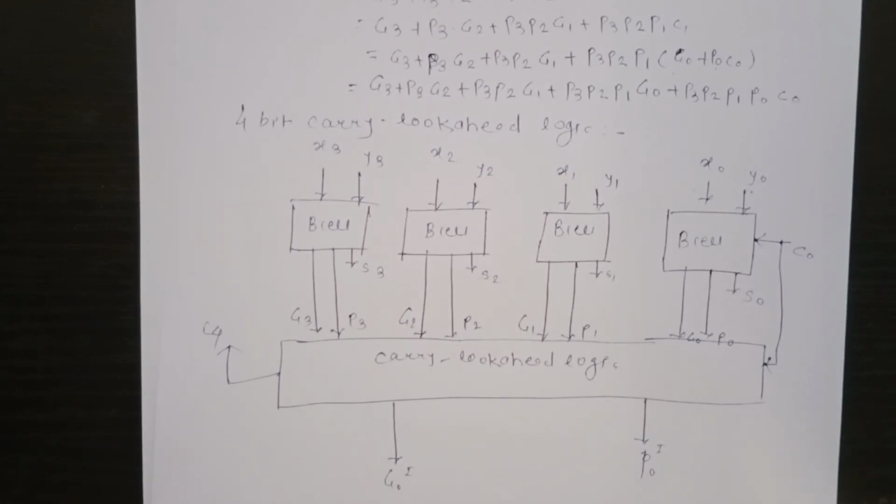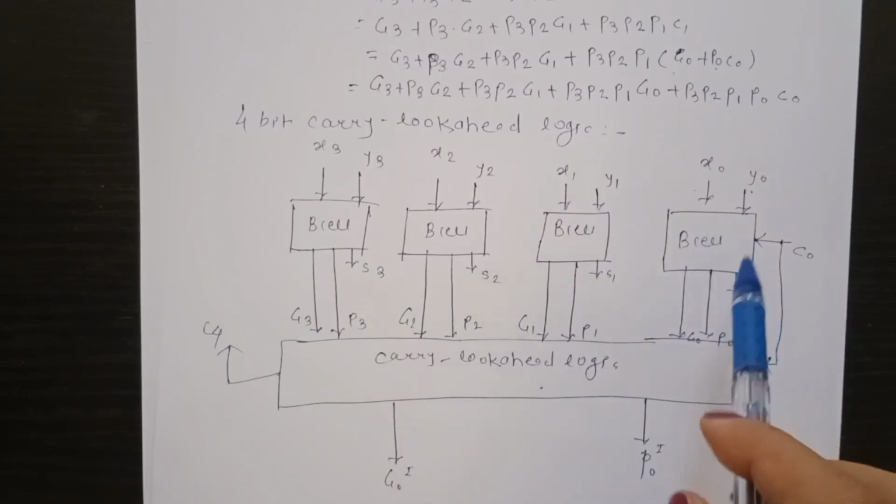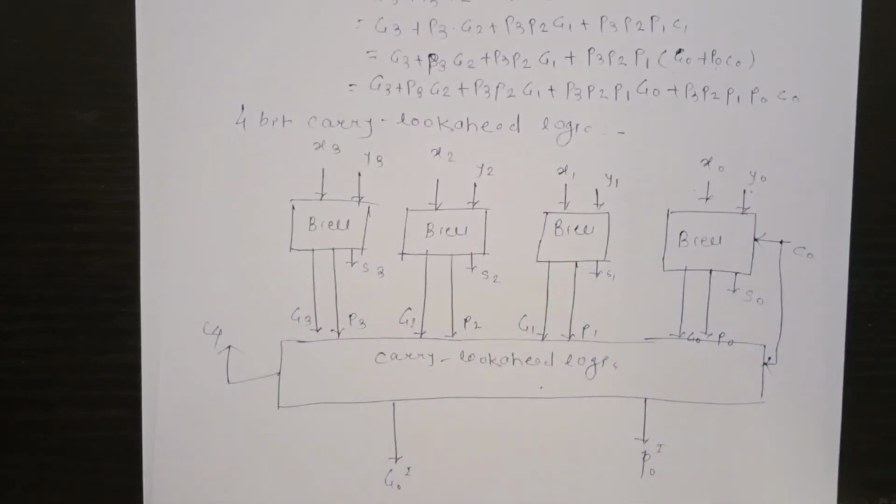So the carries are implemented in the block labeled as carry look ahead logic, and the adder implemented in this form is called a carry look ahead adder. So the delay through these carry bits is 4 gate delays for all these bits because there are 4 gates. So your carry is delayed by 4 gates. So in comparison, a 4-bit ripple carry adder requires 7 gate delays for S3 and 8 gate delays for carry 4. But in look ahead logic, we need only 4 gate delays.